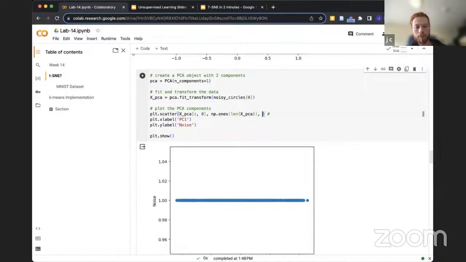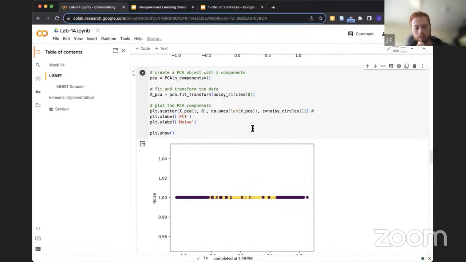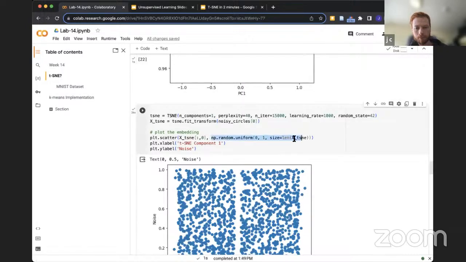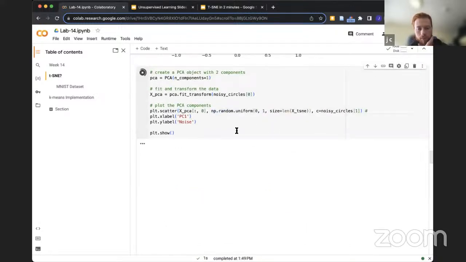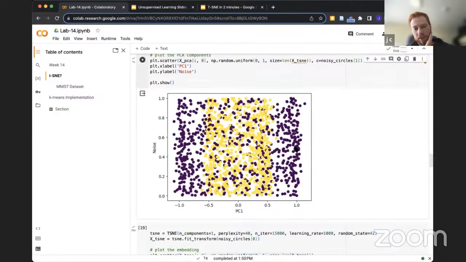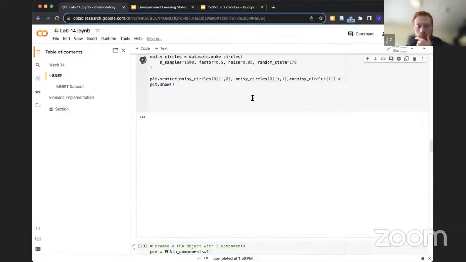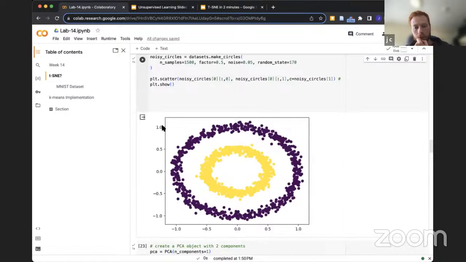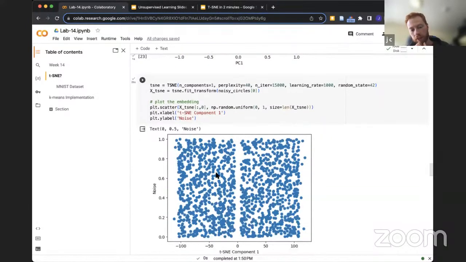Let's include the labels. So as you can see, if we include the different classes, the yellow is the inner ring, the purple is the outer ring. If we plot it, project it down, you see we have a mix of yellow and purple, but we can really differentiate. Now we do the same with t-SNE, and even if we don't know any class labels, we see